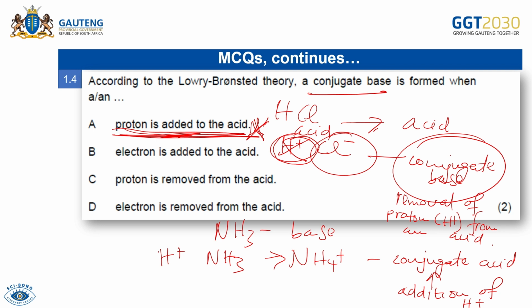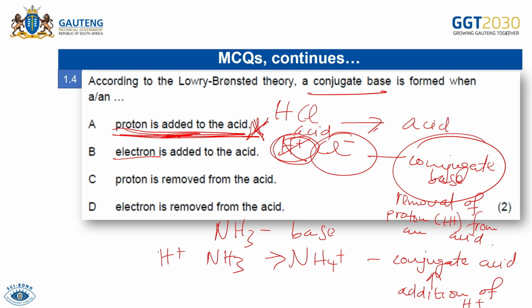Electron is added to the acid. Here we are talking about acid-base reactions. The driving force for acid-base reactions is the transfer of protons, not of electrons. We talk of electrons when it comes to redox reactions, which we are going to focus on next week. So is electron added to an acid? No. Electron transfer is the driving force for redox reactions, and the driving force for acid-base reactions is the transfer of